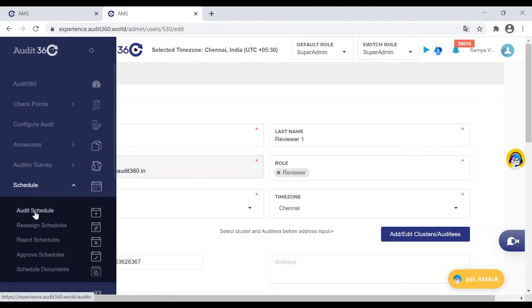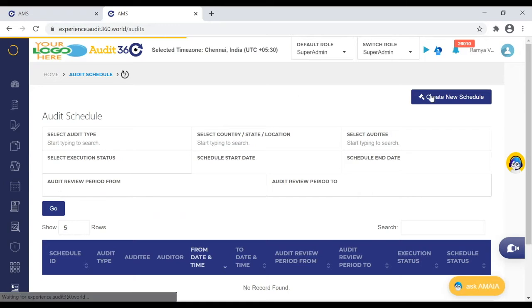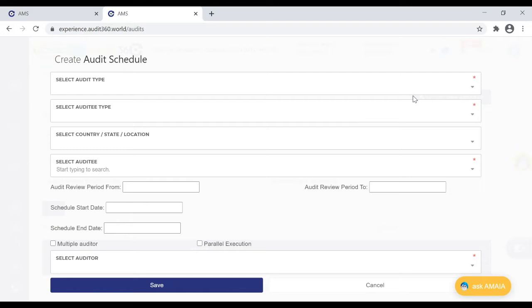Next is the schedule module, where we have introduced parallel execution. Let me come to the schedule screen. All the schedules will continue to be created using create new schedule. I'll be showing the schedule in the super admin module. This schedule for parallel execution is available for both the super admin and the reviewer module.